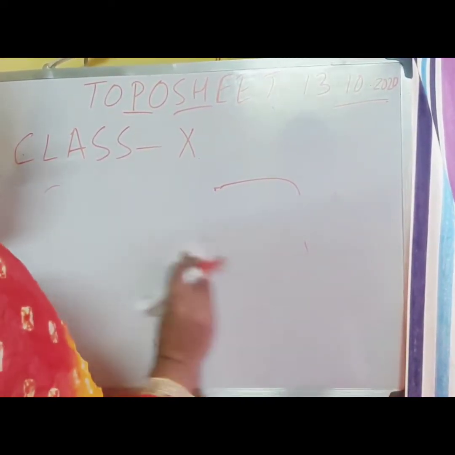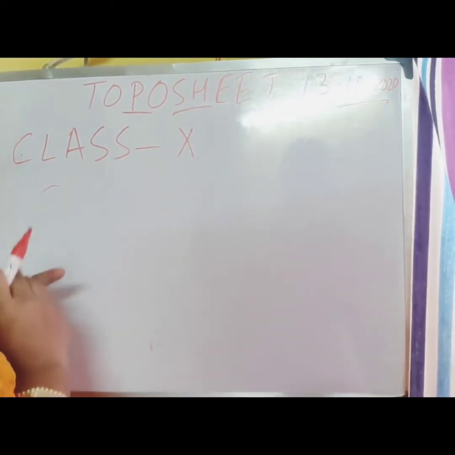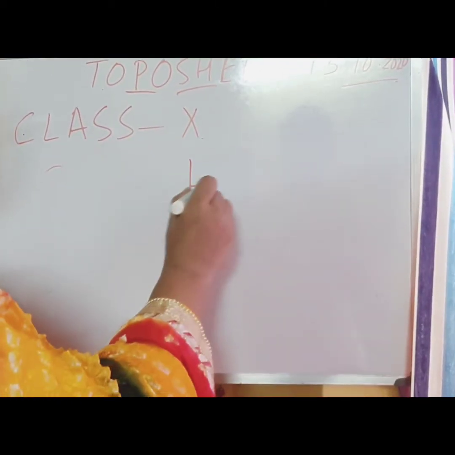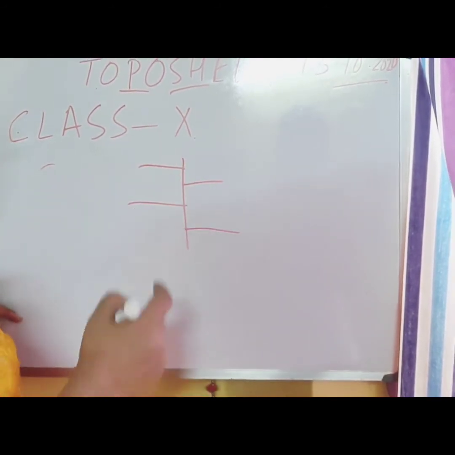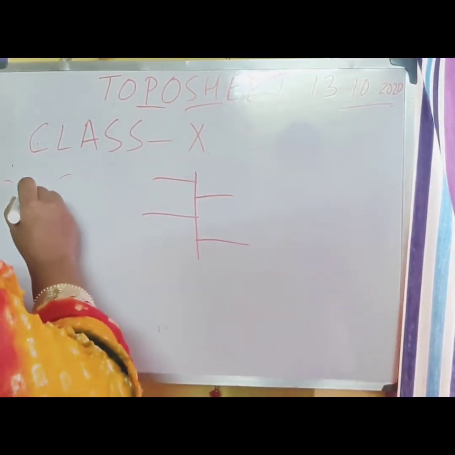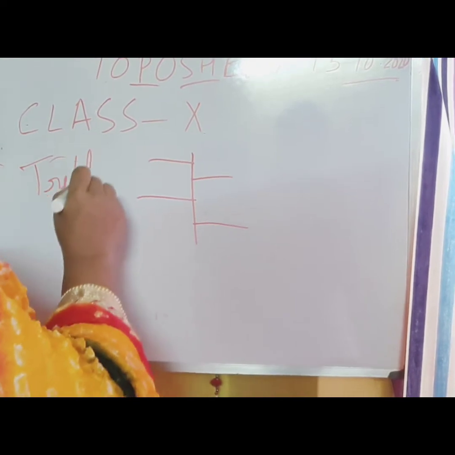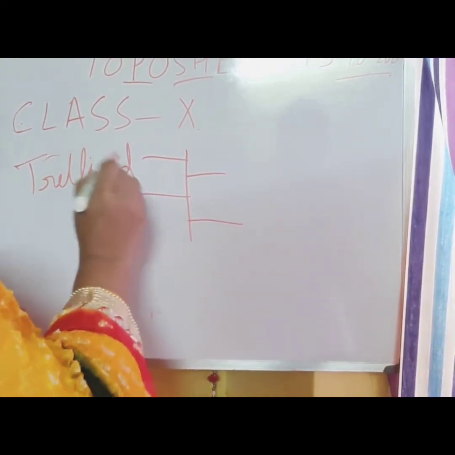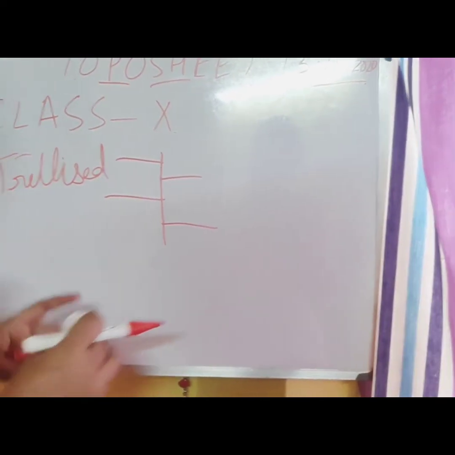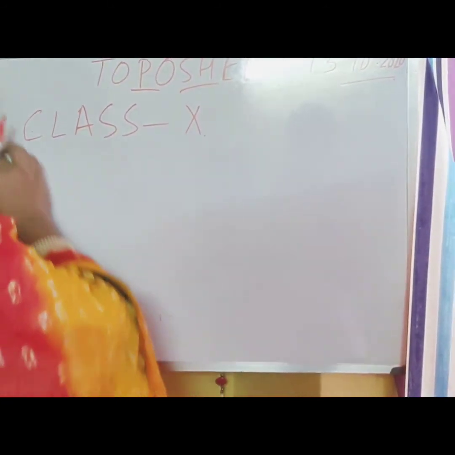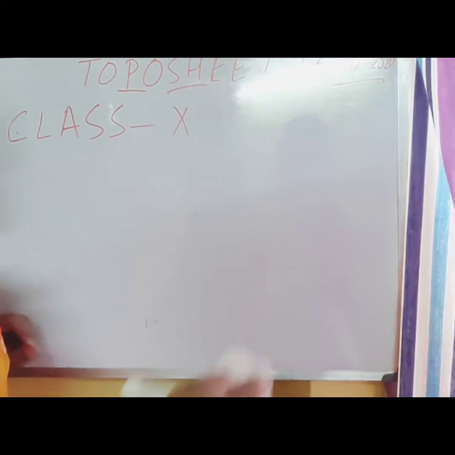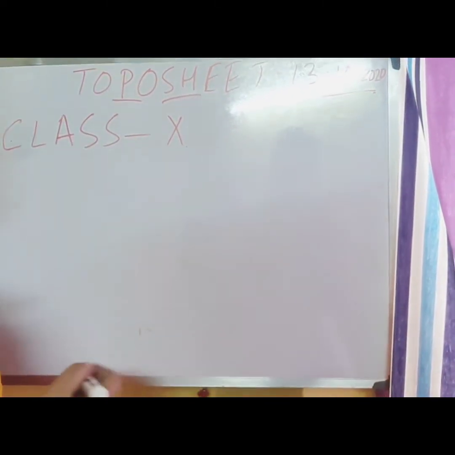Okay. Next, another type of drainage pattern you can get is the trellis. Trellis means just like a rectangle. The river is joined by the tributaries at a right angle. So it is called the trellised pattern of drainage. Okay. So mostly we have covered the drainage patterns, the radial, the dendritic and the trellis pattern.